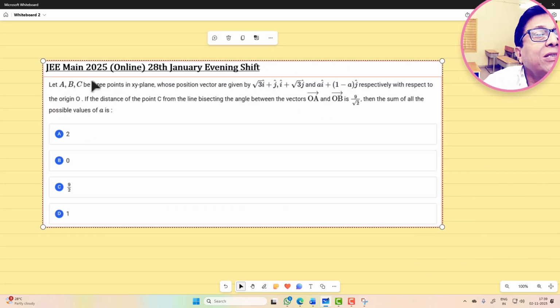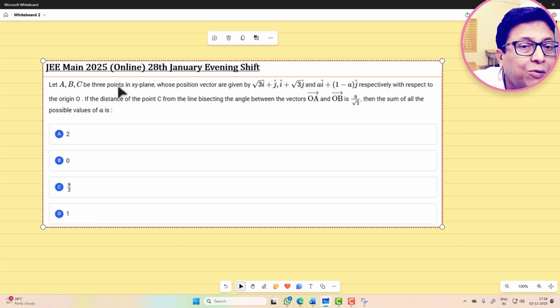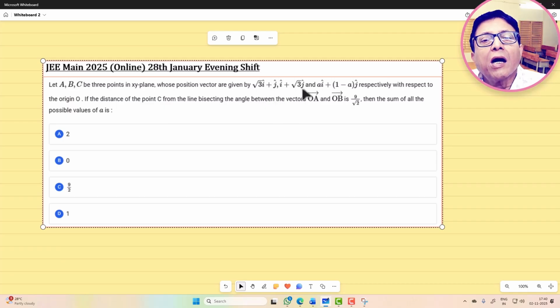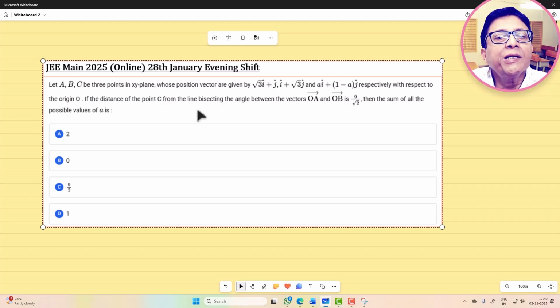So this is another question that came in 2025. I found it based on this concept. Many questions are there, so many problem sets were there. From every question paper there is a question from vector. On the basic concept of vector, I found this one. A, B, C are 3 points in a plane whose position vectors are given. Be careful. √3i plus j, i plus √3j, and here ai plus (1 minus a)j. Distance of C from the line bisecting the angle between OA and OB